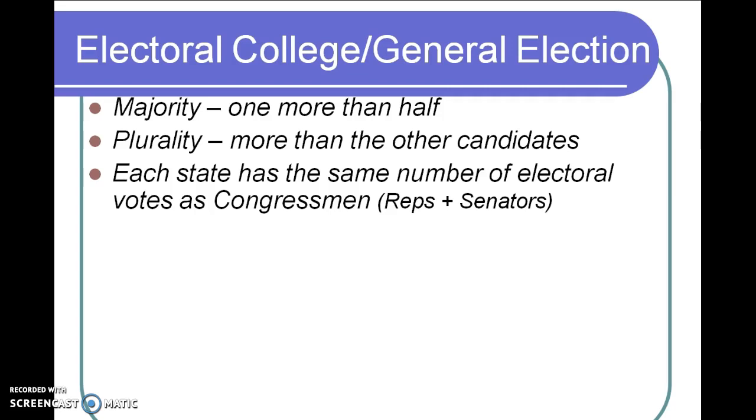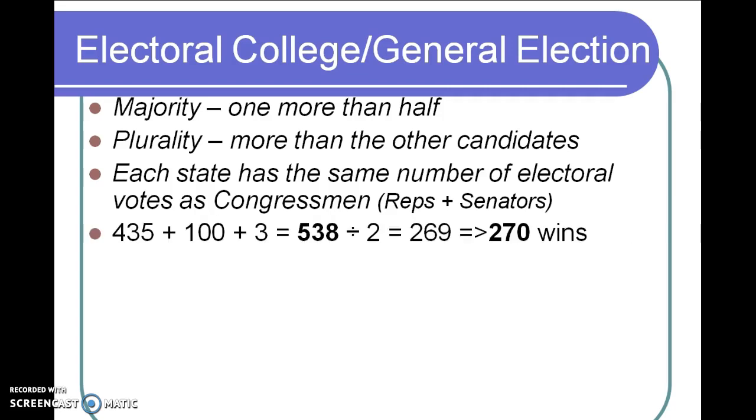In the Electoral College, each state has the same number of electoral votes as their congressmen, so their number of representatives plus their senators. So let's say a state has 21 electoral votes. Well, then we know that it has a relatively strong population because that means it has 19 representatives in the House of Representatives, and that is based on population. Again, Senate equal representation across the board, so 2 per state. So it is, to some extent, democratic in application because it is based on the population.